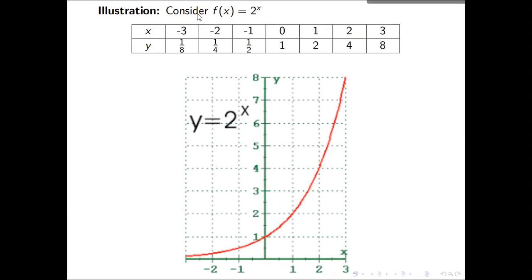So that's the graph of the curve whose defining equation is y equals 2 to the x. And the points we have here are actually there on the Cartesian plane, like (0, 1), (1, 2), (2, 4), and so on, and then (-1, 1/2), (-2, 1/4), and so on. And then we just connected the points to obtain the graph of the exponential function.